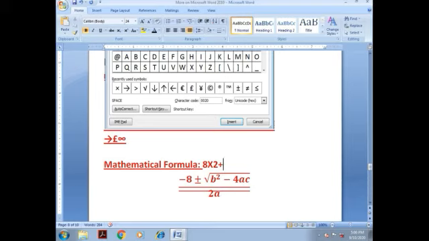Here for an example, we are taking a quadratic equation, and the roots of a quadratic equation, as we know, are minus b plus or minus square root of b square minus 4ac, by 2a, and a, b, c are in this case 8, 8 and 18 respectively.